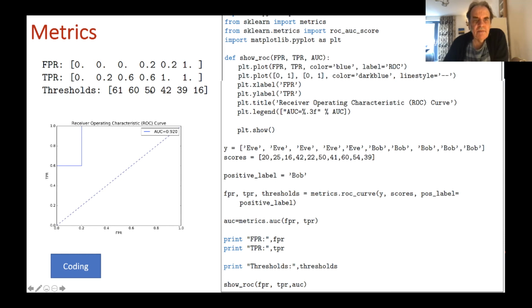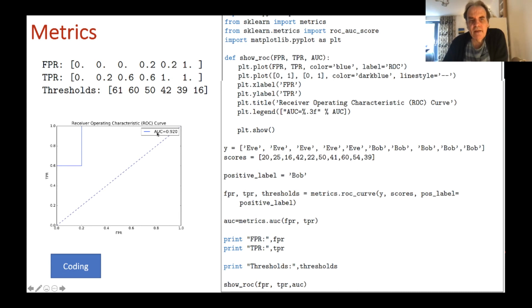The next one along is we now take a value of 39 for our threshold. If we see 39, then we'll get 1. But for Bob, we get 1, 2, 3, 4, 5. So Bob now has 100% true positives, and only 0.2, 1 and 5 for Eve will be identified as Bob. So in this case, the true positives are now 1. And if we keep going, then that will be our maximum value that we get here.